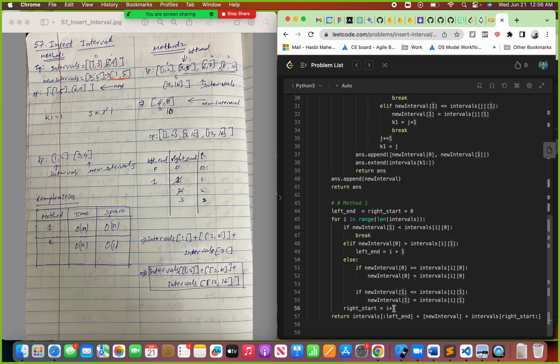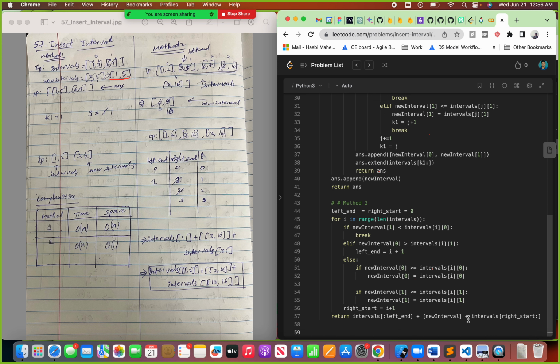At the end we return the left side, then all the overlapping, and the right side. If it is not overlapping, then the left side, the right side, and our new interval. For example, assume this is not overlapping with anything, then in that case it will be all